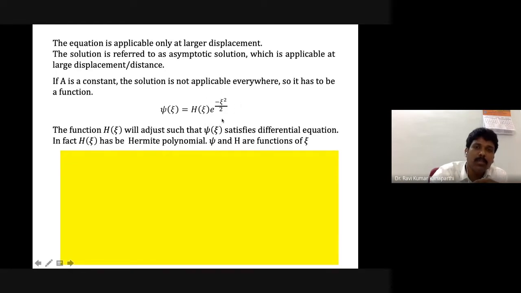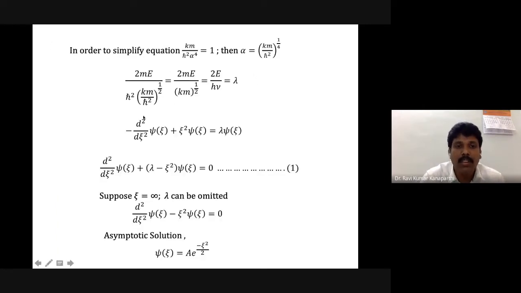This is the solution of the differential equation. If this is the solution of the differential equation, then it should satisfy the differential equation, and also we have to transform it into h of z. You can see here there is no h of z, only psi of z is there.